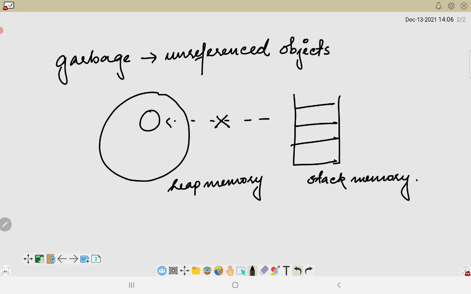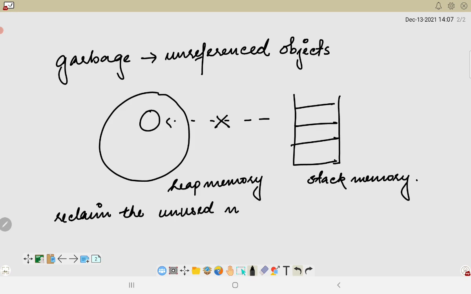In Java, garbage means unreferenced object, and garbage collection is the process of reclaiming the runtime unused memory automatically. This process helps us reclaim the unused memory, because if there is any object which is not in use, it becomes unused memory.